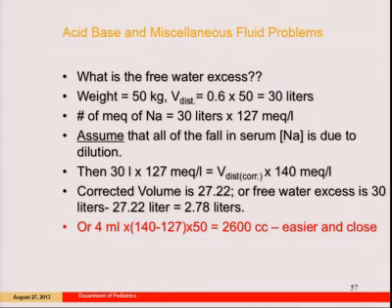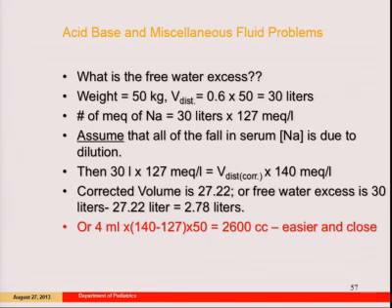What is the free water excess? I think Reed probably went over this with you. I used to use this very complicated equation, which is the first few lines of this. You always assume two things: the number of sodium molecules is absolutely correct, and the only thing that's wrong is how much water you have. And this is true for hypo or hypernatremia, either too much or too little water. So when you assume that, you can calculate the number of sodium ions and then redissolve them and figure out to a system of 140.